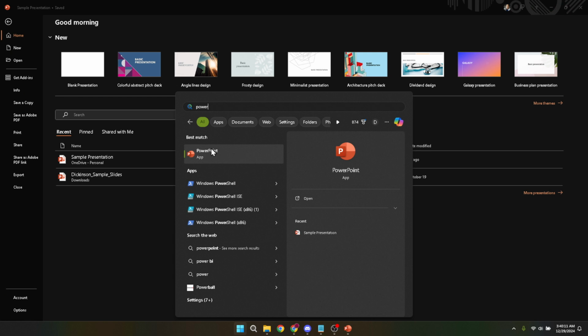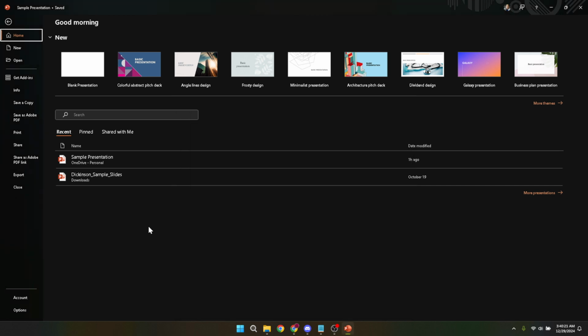Moving on, your next step is to open the PowerPoint file you intend to translate. You can do this from the opening screen. Look for the presentation you want to work with among the recent documents, or browse your computer if it's not immediately visible. Opening the right file is crucial, as it sets the stage for the entire translation process.